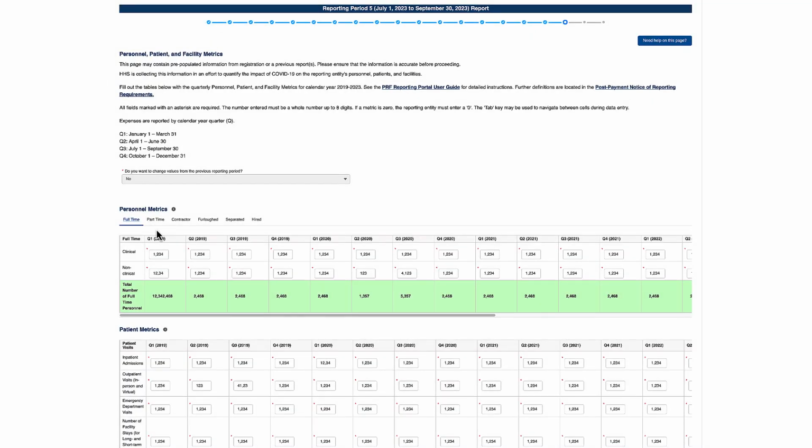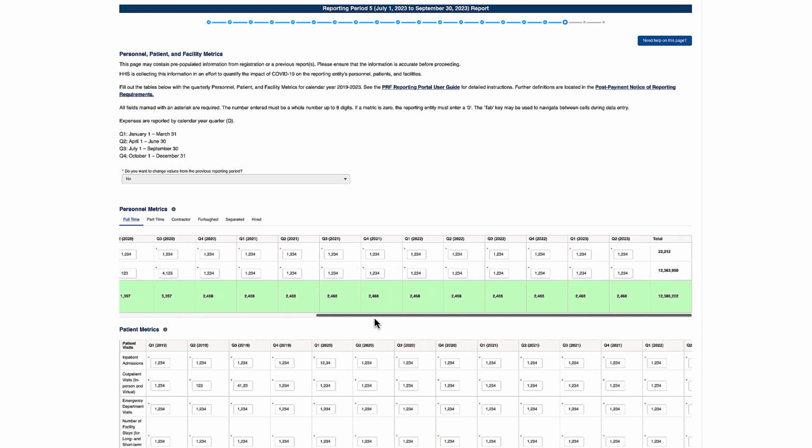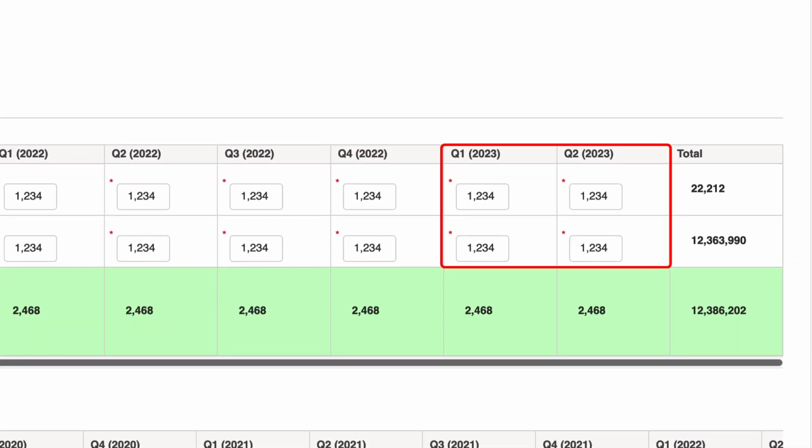The next screen is to quantify the impact of COVID-19 on your personnel, patient, and facility metrics. Data will be pre-populated from previous reporting periods. However, you will be required to enter data values for quarters 1 and 2 of calendar year 2023 for all